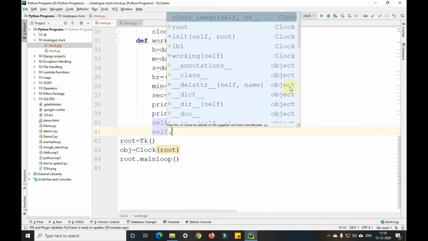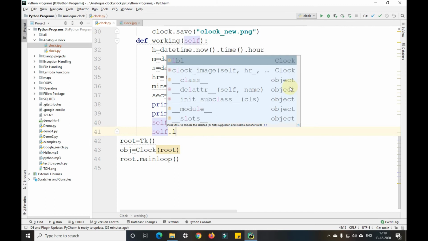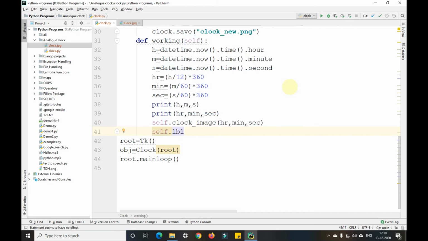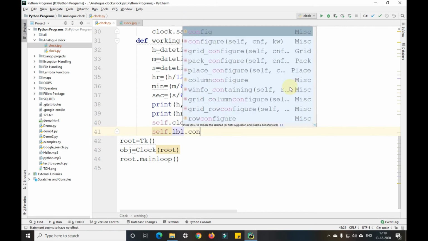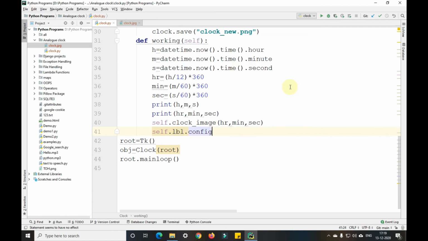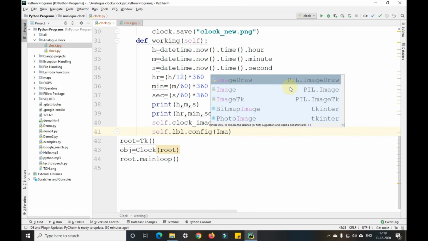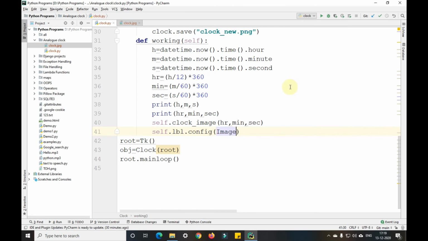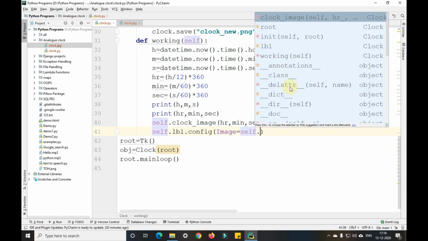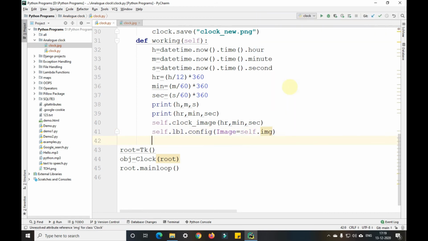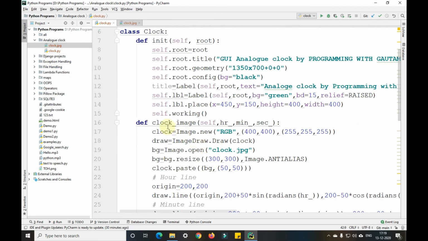Self dot lbl, that is a label, dot config image equals to self dot image. So we are calling the image function here that we have here.